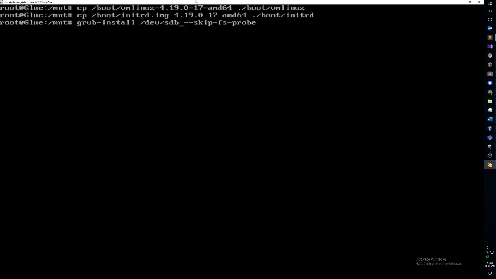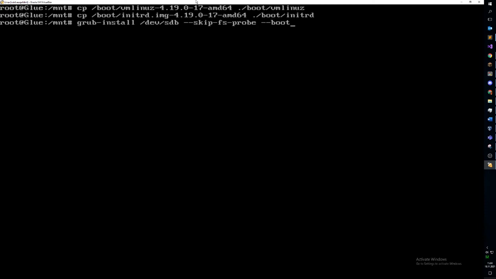Remember not to write the partition here. GRUB should be installed on the whole disk, not on one partition. So grub-install /dev/sdb, skip fs-probe,